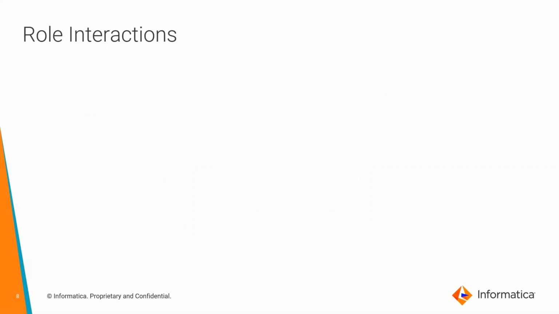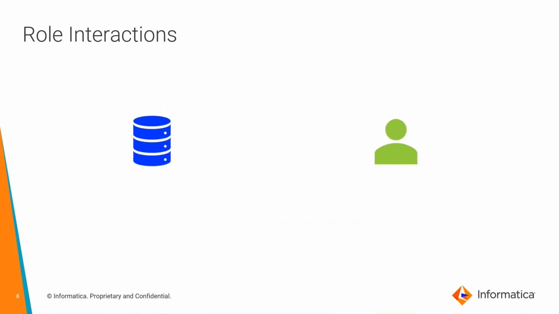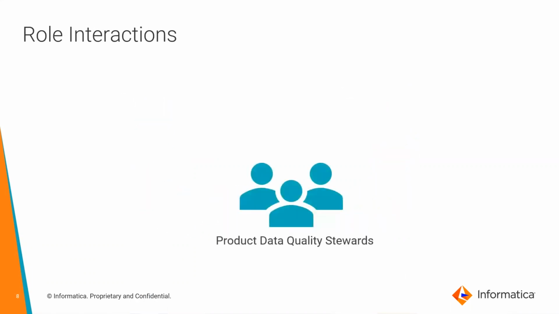And so now that you know what to think about when creating your different roles, you'll need to think about how these will start interacting within CDGC and with each other. So you'll want to group the stakeholders by the types of data that they are responsible for, as well as that role within CDGC that they play. Since this will then help assign that overarching responsibility for the assets, while also simplifying those workflows that are enabled